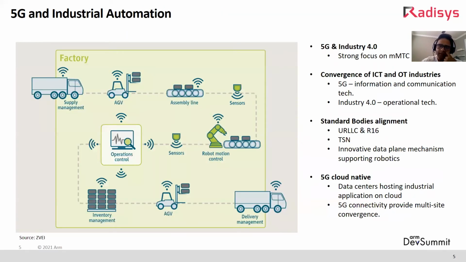So the first vertical under private 5G or the telco that 5G is going to aid a lot is Industry 4.0. Of course, there is a strong focus on machine-to-machine communications and Internet of Things. So 5G is kind of an information and communication tech provider, right? And if you look at wireless technologies, wireless has always been an information and communication technology. However, with 5G, this ICT industry is finding its synergies with an Industry 4.0 that is more focused over operational